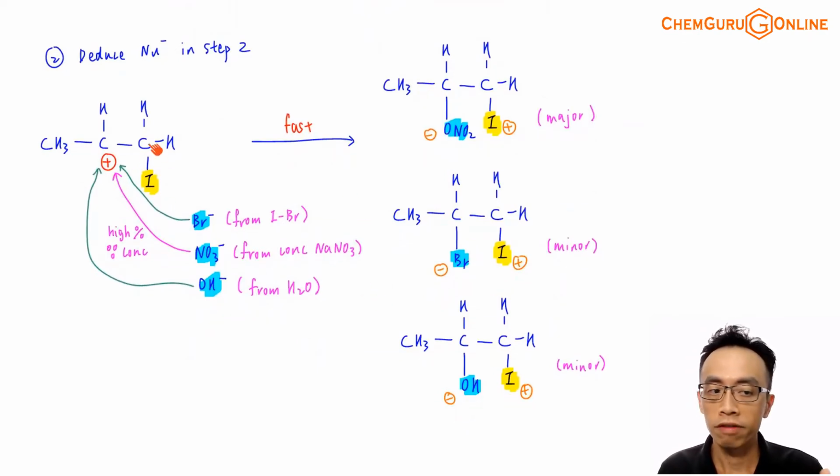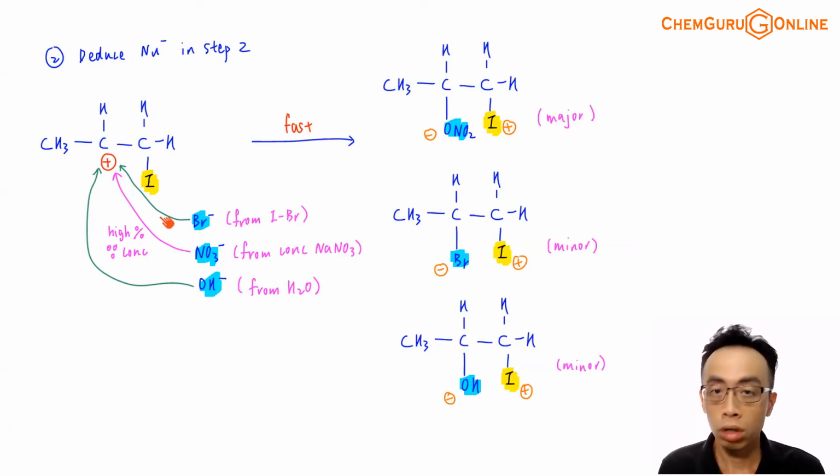So we are able to determine what the nucleophiles in the second step are. You notice if I have a carbocation here, which is positively charged, which are all the negative things remaining in the reaction mixture that can join to your C+? I can have Br-, which is formed at the end of the first step. This bromide comes from IBr. I have nitrate, which comes from concentrated sodium nitrate, obviously. We also have OH- that comes from water. Actually, water is the one that goes in, then later undergoes deprotonation, but we can just view this as OH-